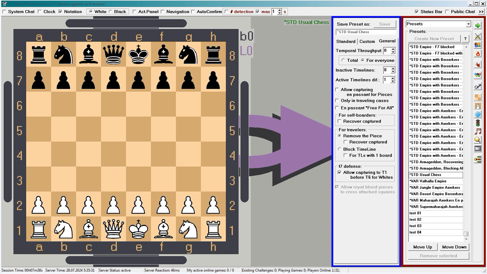If you give a check to the past, but your limit of inactive universes is full, this check to the past does not exist until the opponent creates their universe and your limit is freed. The next parameter is the difference in active universes. It sets how many more active universes one player can have compared to the other. If a player has created this number of active universes more than their opponent, the next universe they create will be inactive.